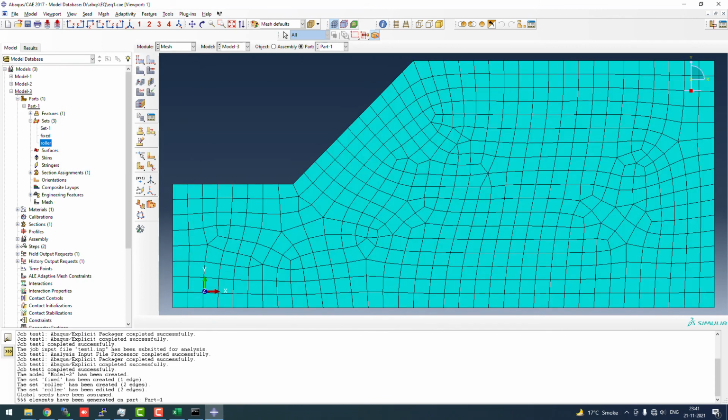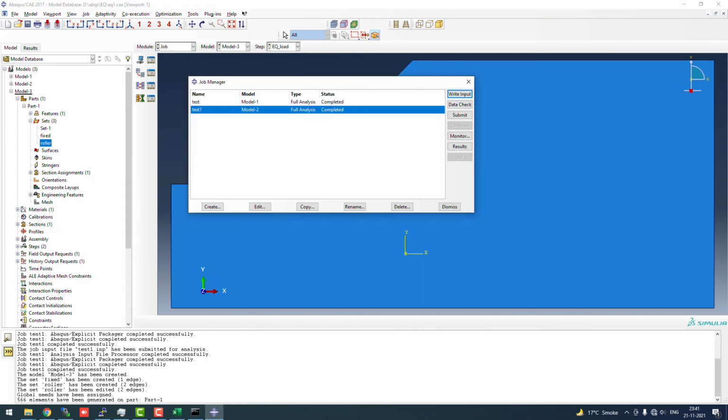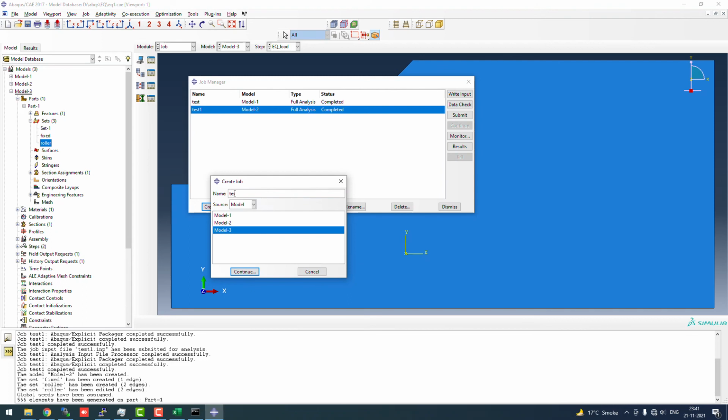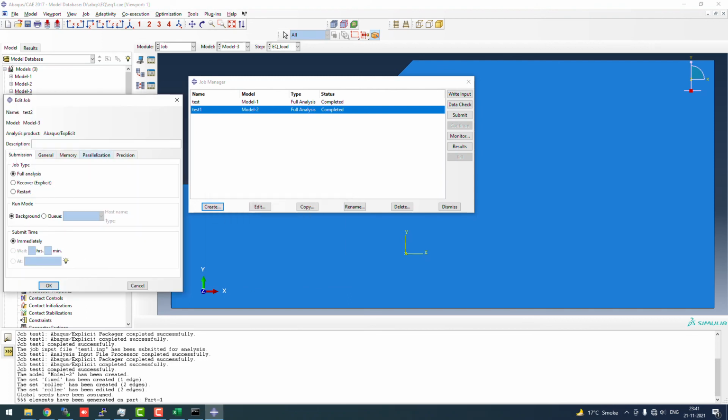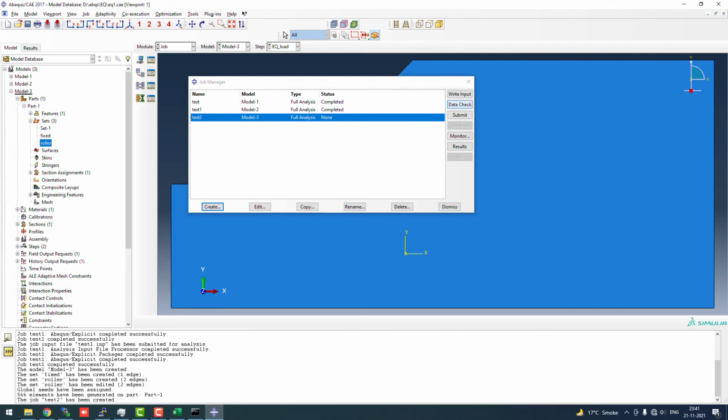So this is our mesh, and now without any further ado, we can create a test2 job with parallelization of 4 processors. We can submit it first for the data check, and after the data check has been completed, we'll submit it for the run.